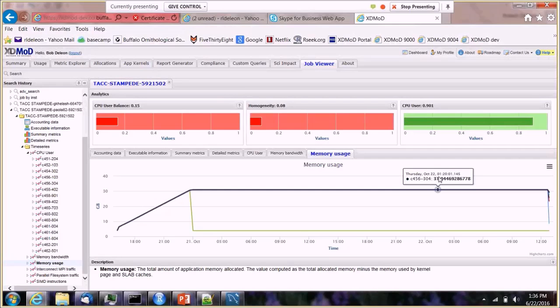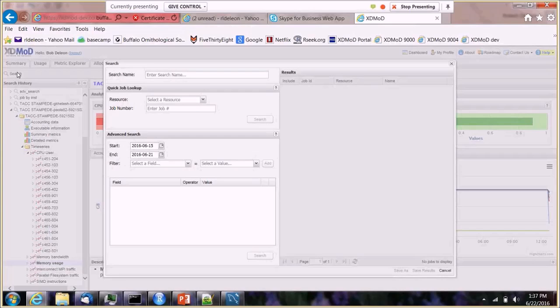Okay, so those are the two that I had planned on doing. Next, I'd like to just go and do some other stuff that shows how to do searches in the job viewer. So we've kind of gone through and showed you the kind of general things that you can spot. We can go into a lot more detail on that, but that's not what I'm trying to do today. I'm just trying to show you that this is a tool that provides some information on how the job performs, and give you a little bit of a feel for how one might go about using this tool in your daily